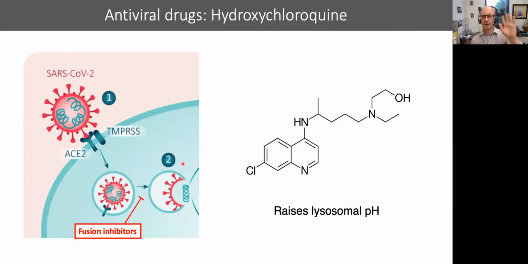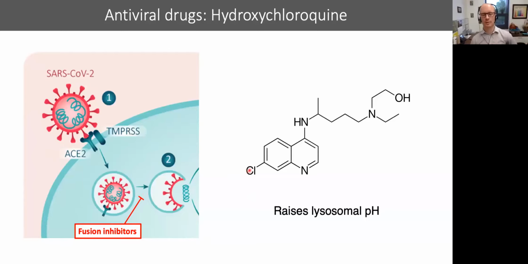But remember that we don't confuse the model for reality. We need data, of course, to demonstrate efficacy, especially in the complex environment of a body, not just a simple schematic shown here. The data on this drug so far has been controversial with respect to SARS-CoV-2 treatment. There was some early data with a small number of patients that suggested that maybe the drug might give some benefit. Then there was a much larger observational study that claimed that it didn't make any benefit and it might actually do more harm than good. However, that study was then retracted just recently, like within the last week, which kind of clouds the whole picture around hydroxychloroquine.